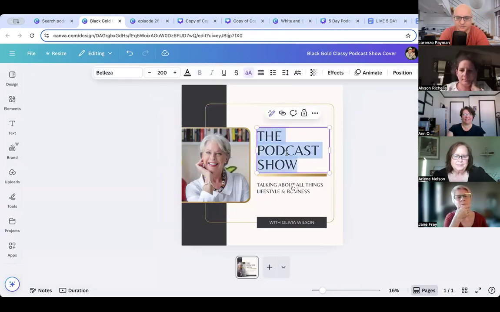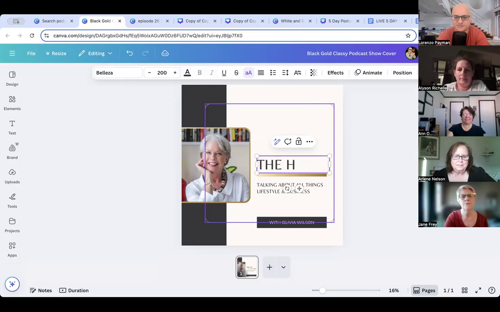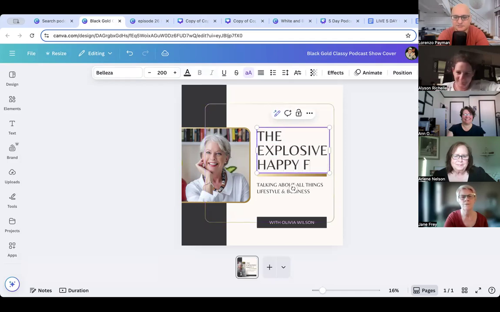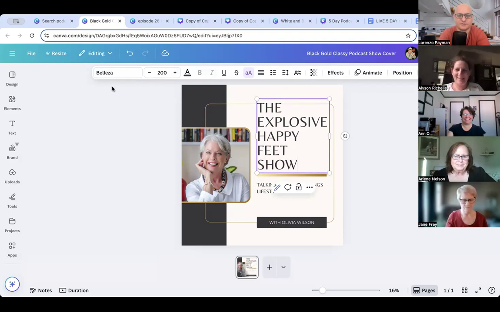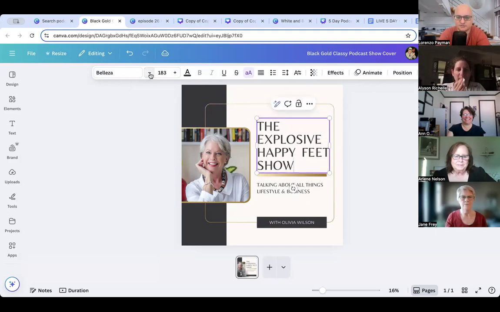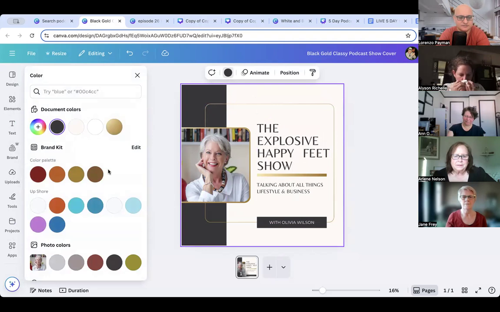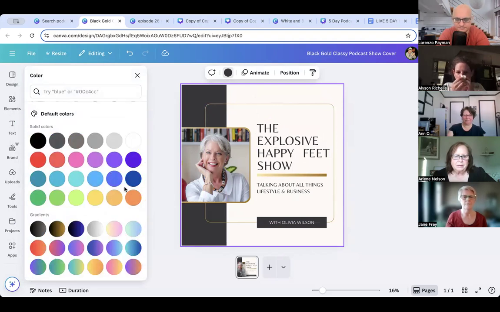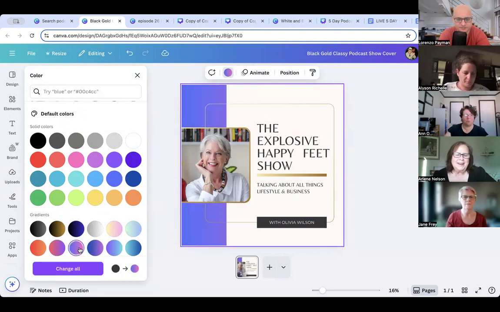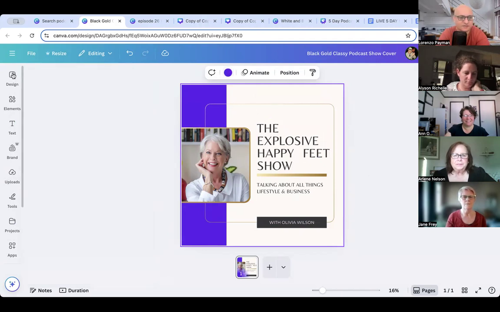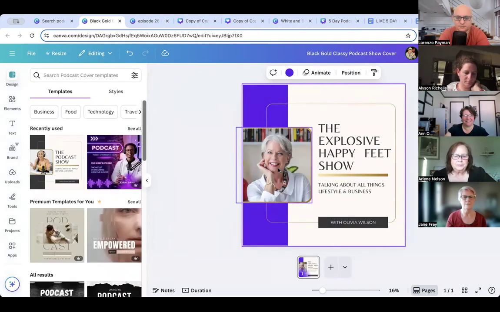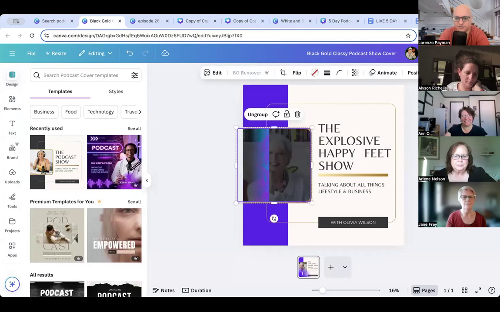And you show here the explosive Happy Feet show. And you can, of course, make it smaller. You can do all that, change the colors. Say black. What's your favorite color, Happy Feet? Purple? Dark blues and purples. Yep. This purple or this purple. So whatever, just have fun. Change the style. You want more designs, or you want to remove the background. The background removes here automatically.